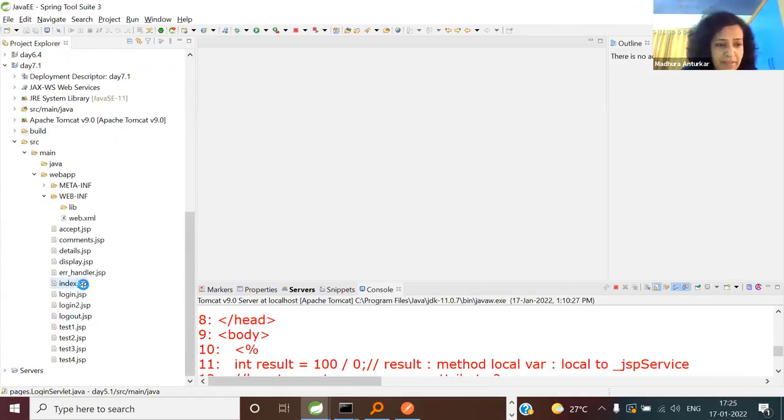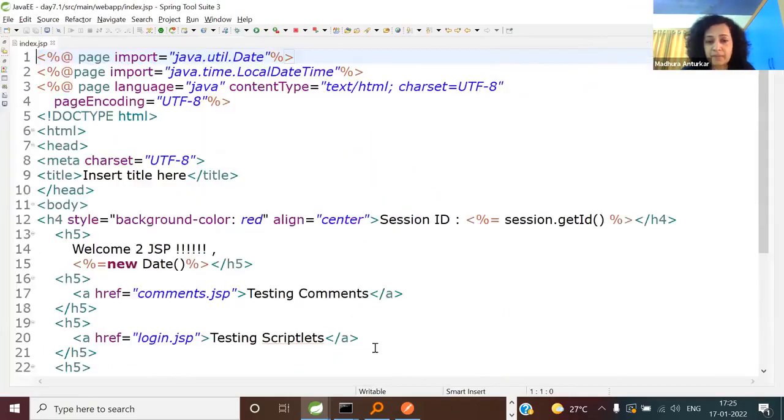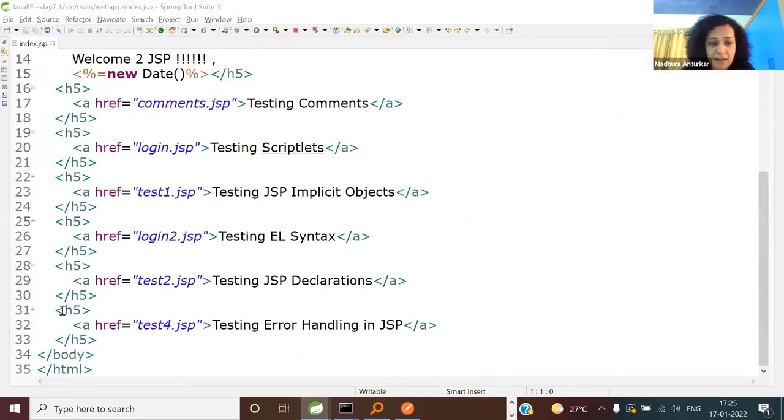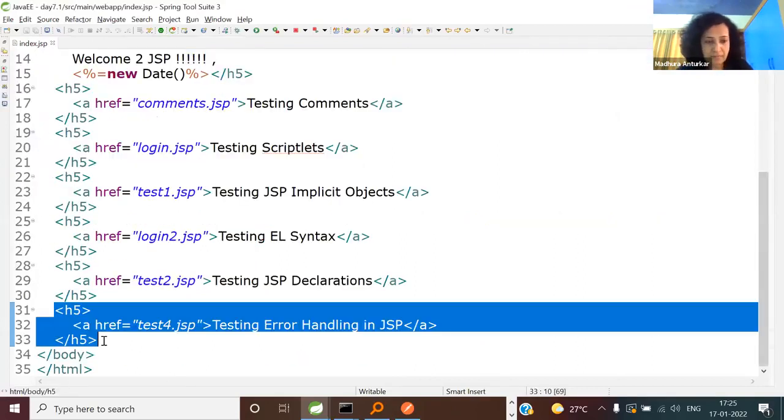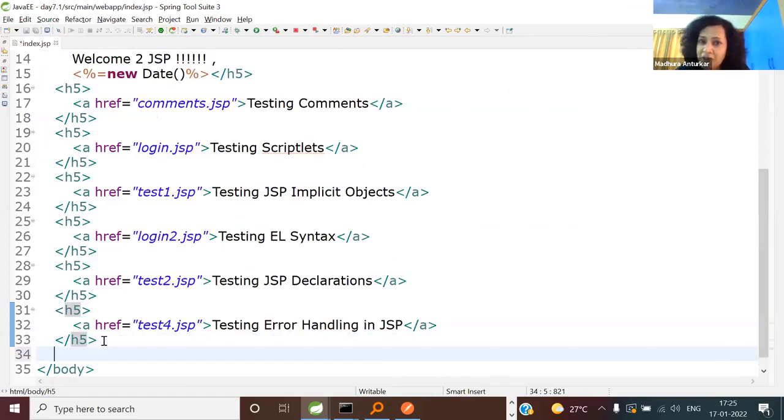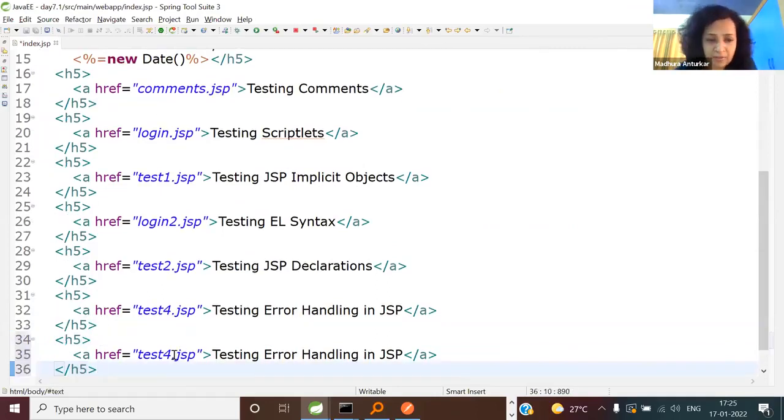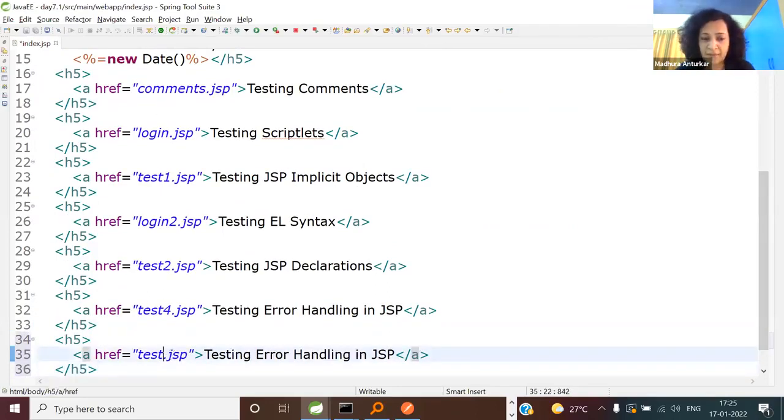Please open the index page, and here just add a link: understanding attributes or understanding scopes, whatever. Make it test5.jsp, testing scopes in JSP. I'll wait.